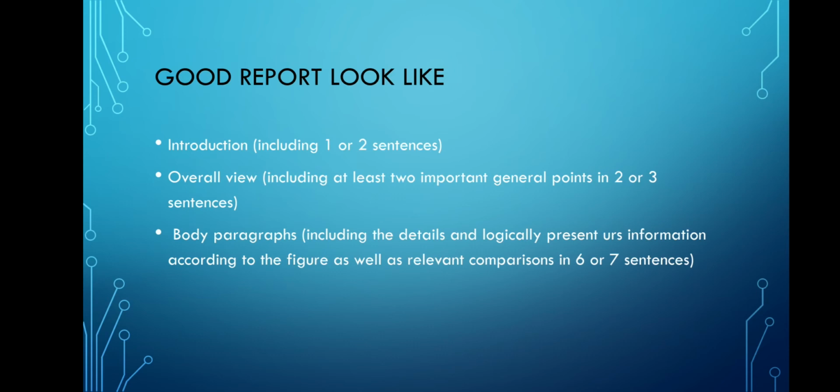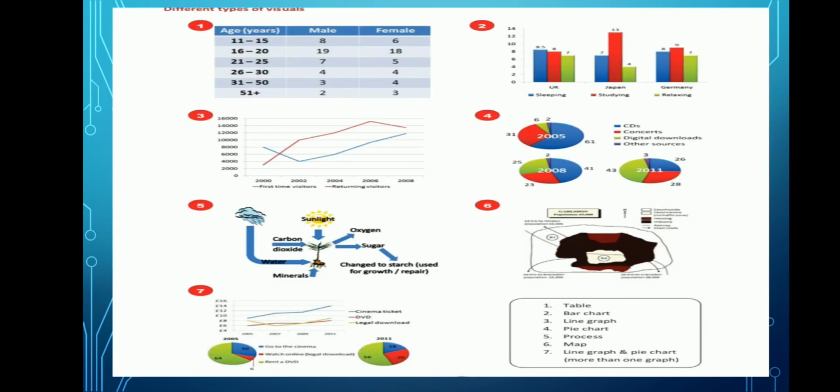So next is what good reports look like. The introduction is generally one or two lines or sentences. Then the overall or overview: you should write "overall" or "overview", including at least two important general points in two to three sentences. The body paragraph includes the details and logically presents your information according to the figure, as well as a relevant comparison, in six to seven sentences